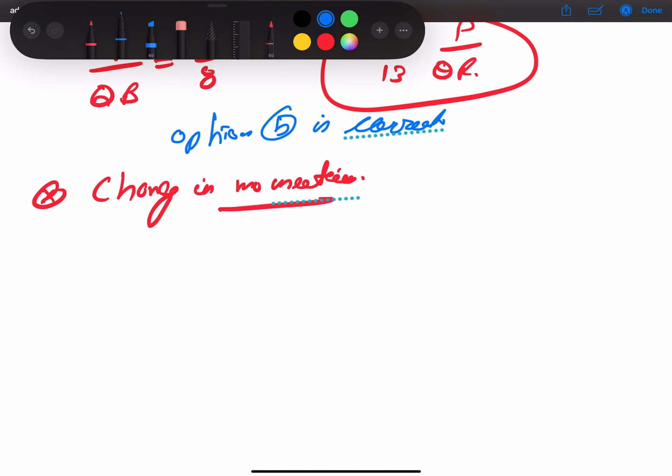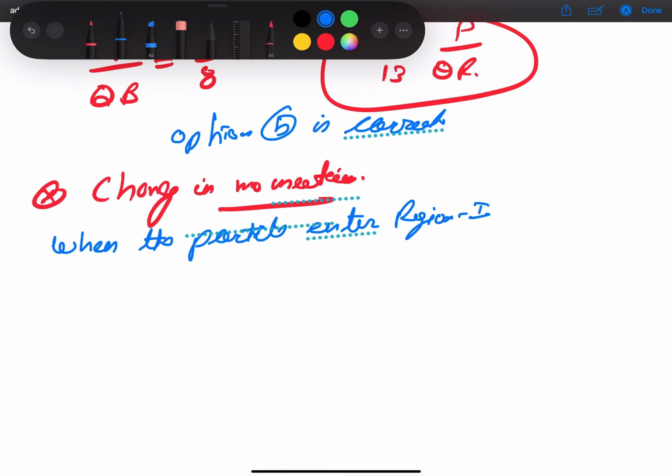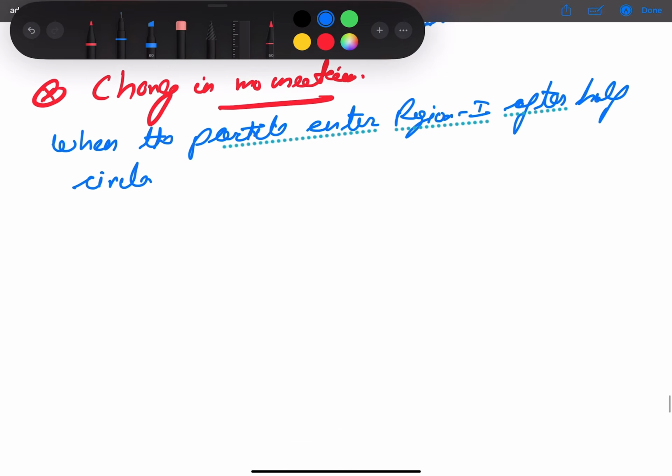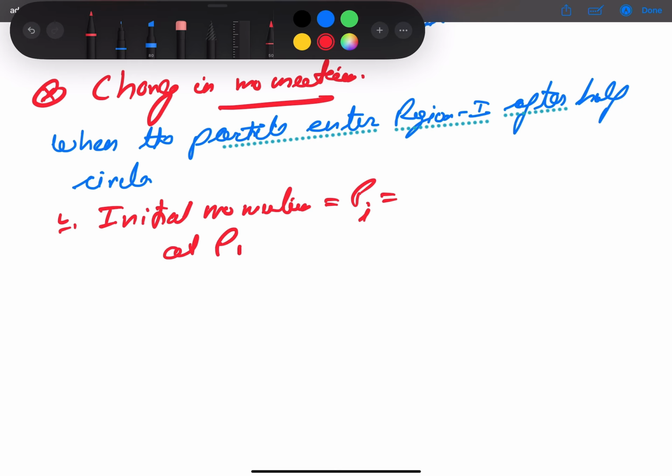Therefore, you can say that when the particle enters region 1 after half circle, so our initial momentum, that is our Pi, initial momentum at P1 is our Pi, and that we can write with our I unit vector,